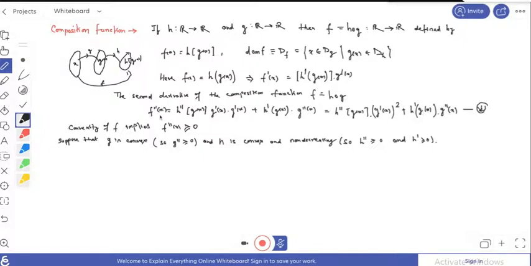Similarly, for a concave function, f double prime is less than or equal to 0 if the product of these two terms is less than or equal to 0, and the product of these two terms is less than or equal to 0. So less than or equal to 0 means in the product of these two, either one is positive and another is negative, or this is negative and this is positive. Similarly, the product of these two is negative, either this is positive and this is negative, or this is negative and this is positive. Okay, so here the first condition is if we take this thing,